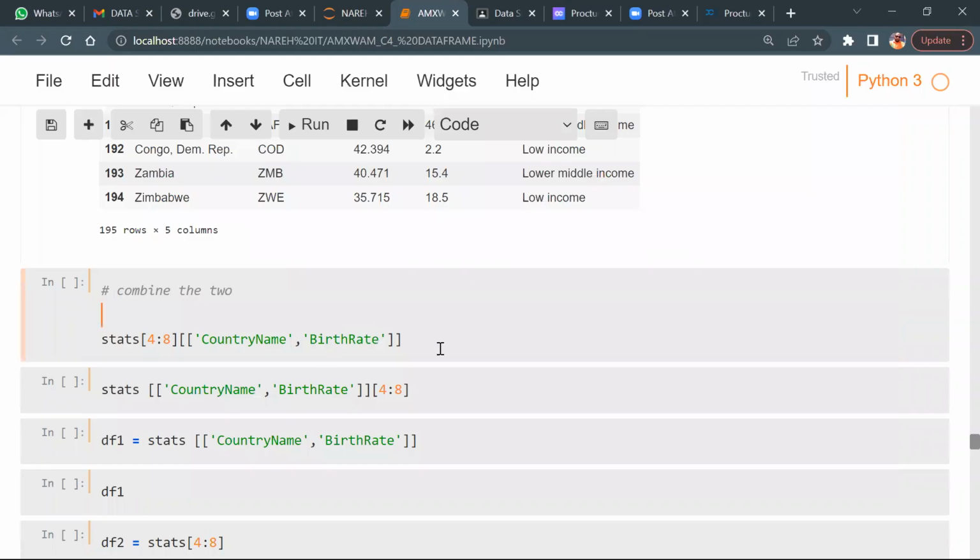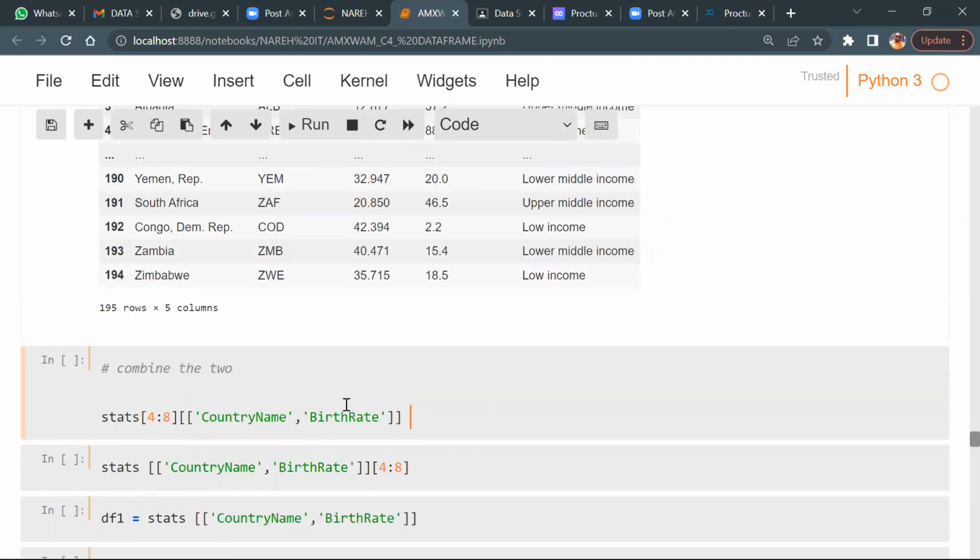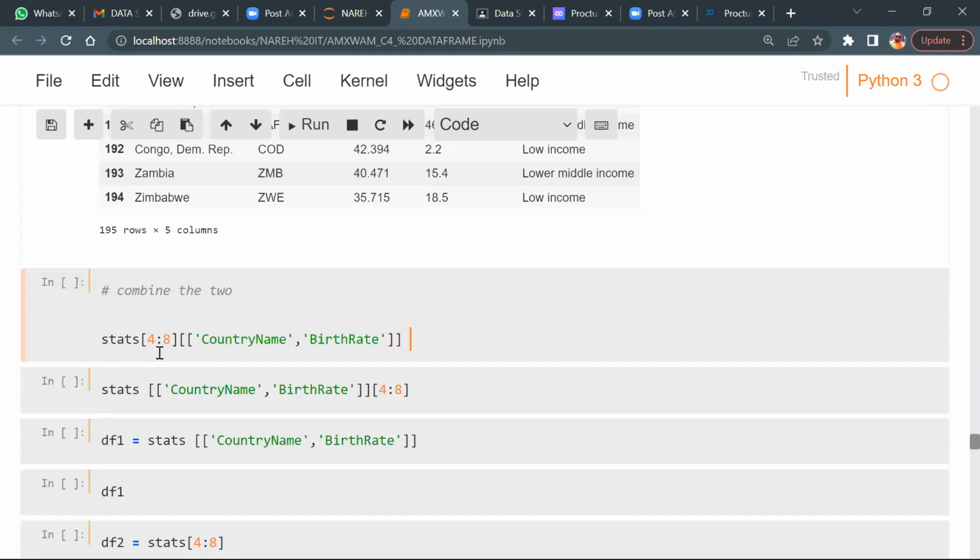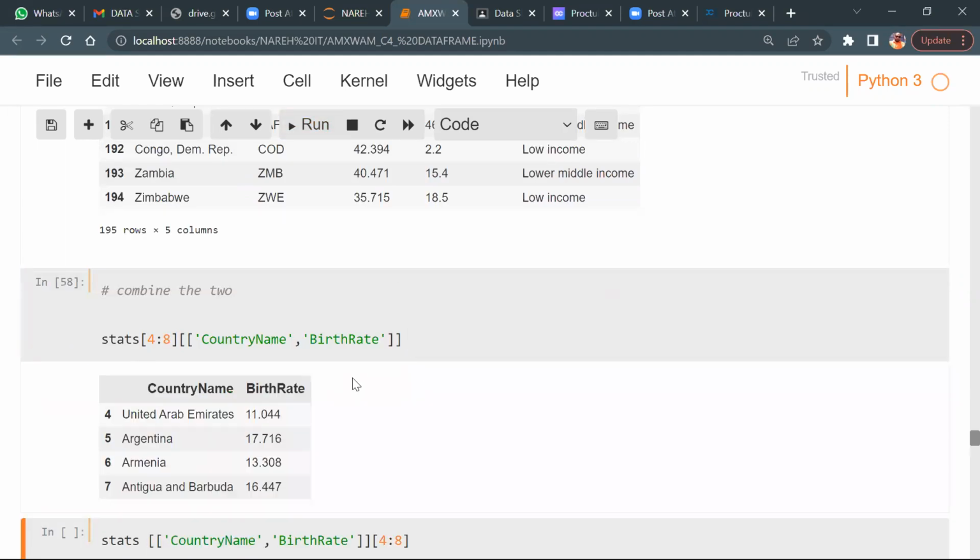What is the output? So I'll get the output from 4th row to 7th row, only country name and birth rate. Is it correct? Let's check this, correct?